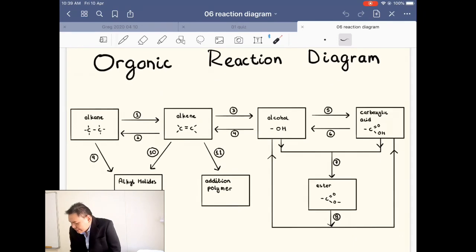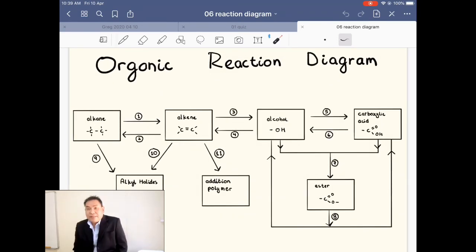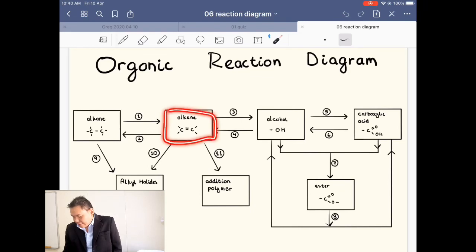Let's see this diagram here. If you notice, I drew boxes there. The boxes indicate the functional group or homologous series, right? How many do I have here? 7 boxes. The first one is alkane, alcohol,